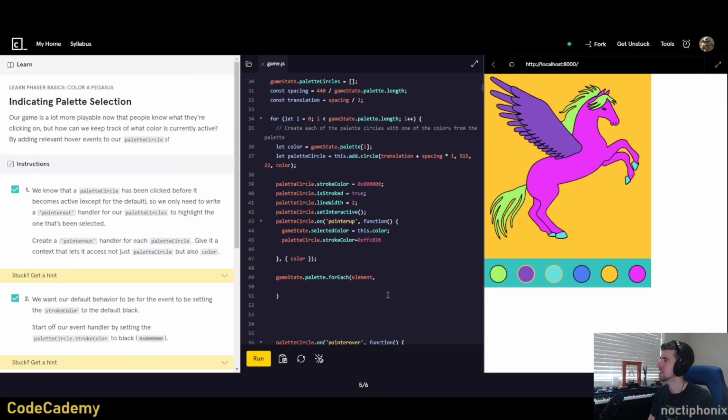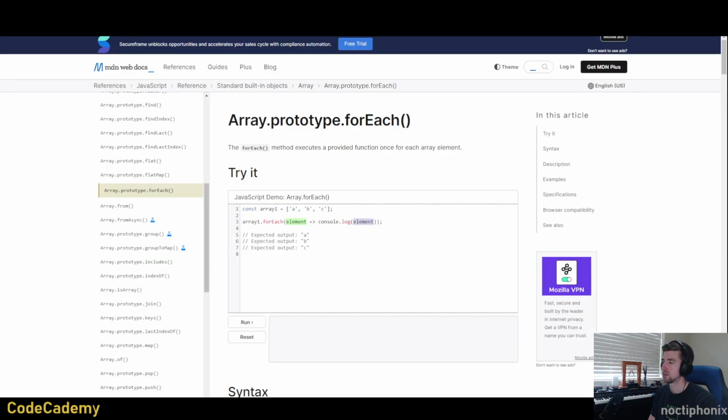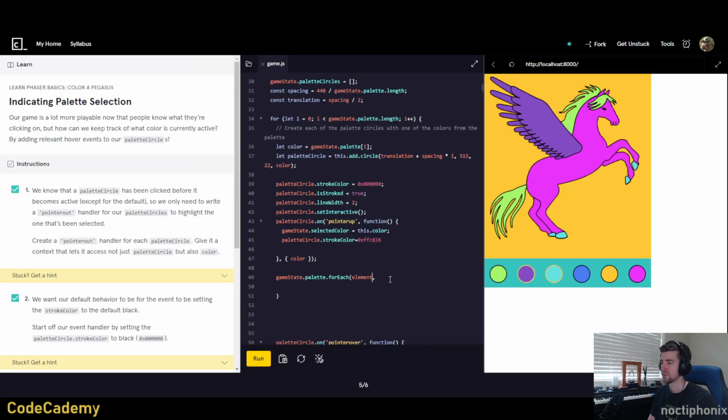Does it need a comma? No, it just goes straight into the function. If you had multiple parameters, you would need a set of parentheses, but we don't have that here. So equals, do the arrow, and then for each of those,